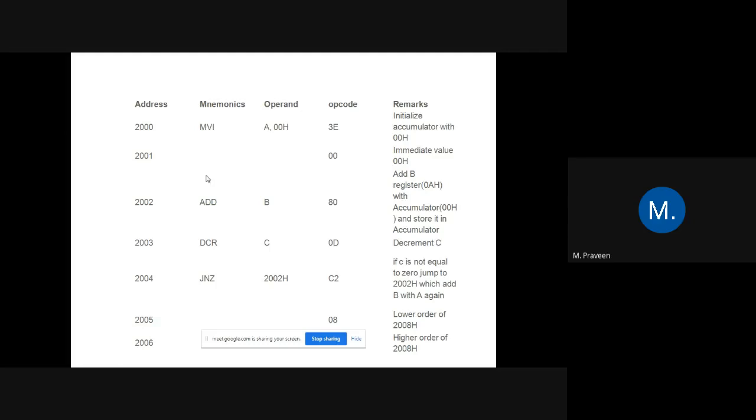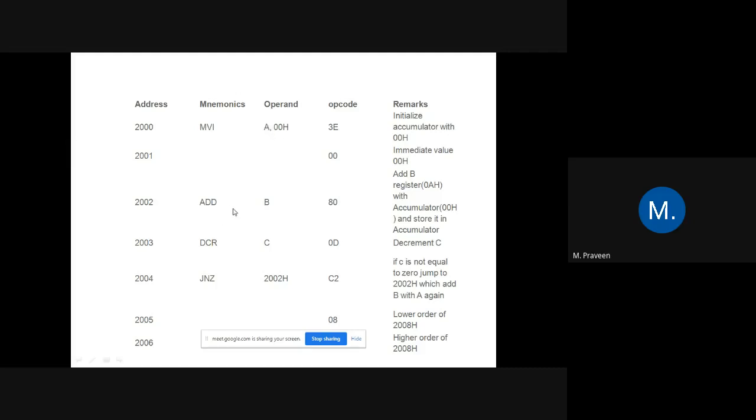Next, we have to find the missing instruction. After A is now 00, and B value is 0A, the next thing to do is add the A value with B. The instructions for addition are ADD B, ADD C. For all addition instructions, the result is finally stored only in the accumulator. ADD B means A will be added with B and the result is stored in A. ADD C means A will be added with C and the result is stored in A.